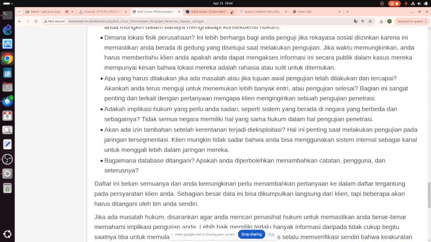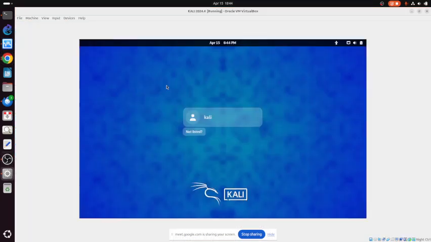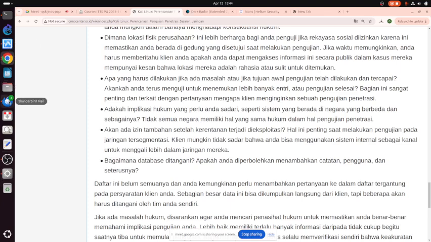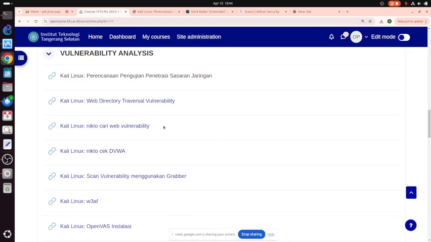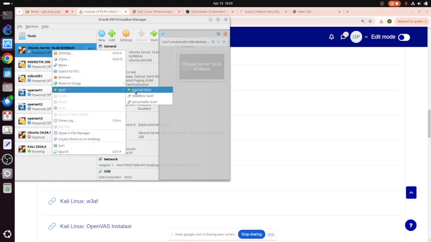Okay, if it is done, then we can, let me see if my site is running. Okay, so this is Kali Linux. We can do the actual vulnerability analysis from Kali Linux. Let me see. For example, the problem is I don't have any web server yet. See, there is no web server here. Oh, there is one. Okay, I have a web server running here, so I can run this one.